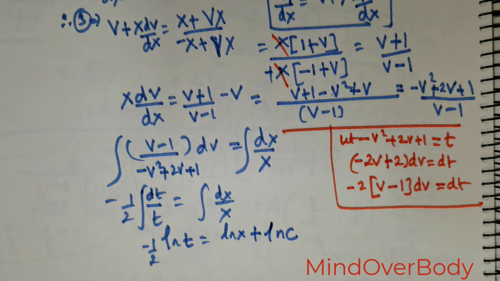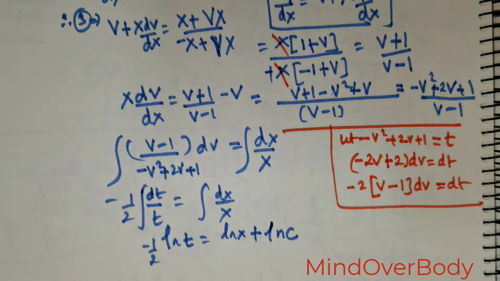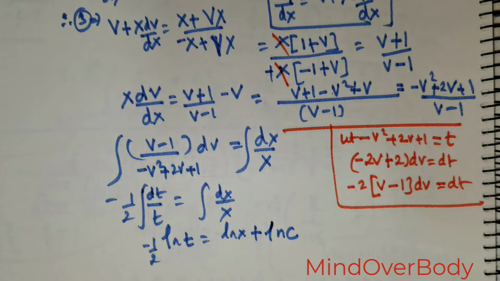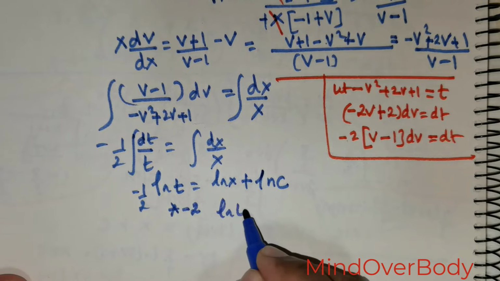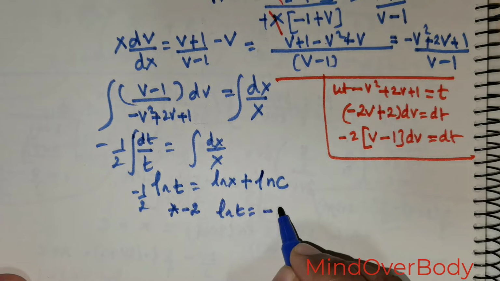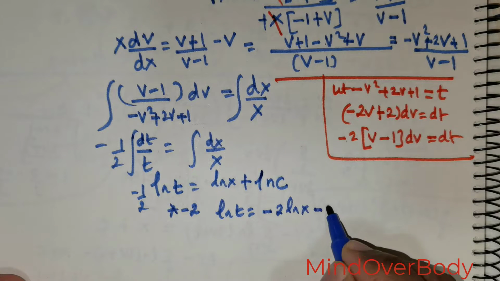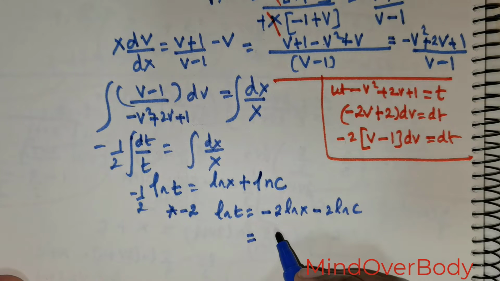Now the question comes is, I will have to get rid of this negative 1 over 2. So to get rid of negative 1 over 2, you can multiply every quantity by negative 2. So if I were to multiply by negative 2, I would be getting ln t is equal to negative 2 times ln of x, and this is going to be negative 2 times ln of c, and I can actually